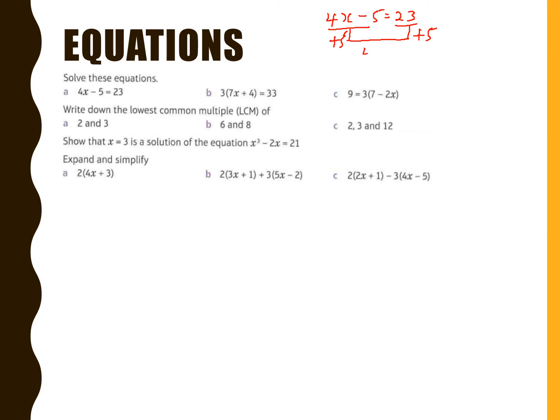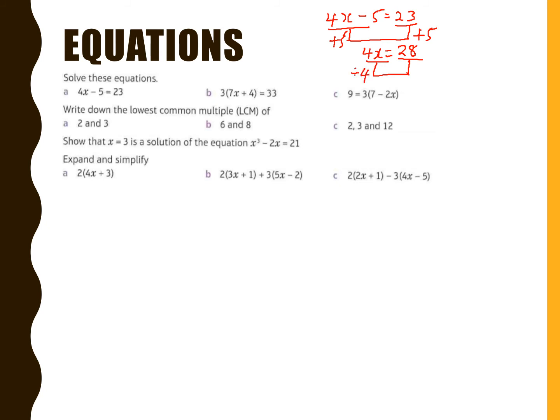So here I'm left with 4x equals 23 plus 5, which is 28. And now I have the same balance, but I want x on its own. When I said here minus 5 plus 5, it's because it's the opposite. The opposite of negative is positive. And now here we're multiplying x times 4, or 4 times x, so we have to divide by 4 this